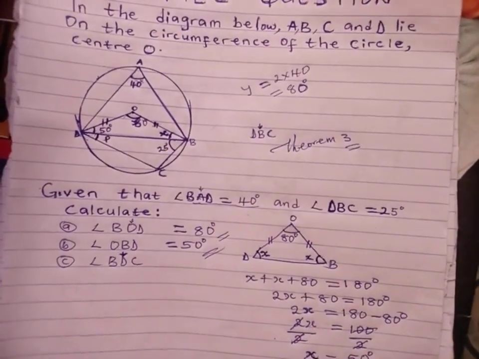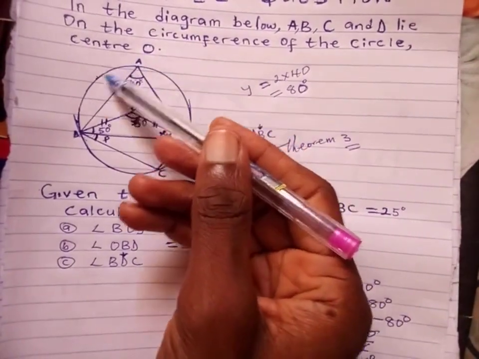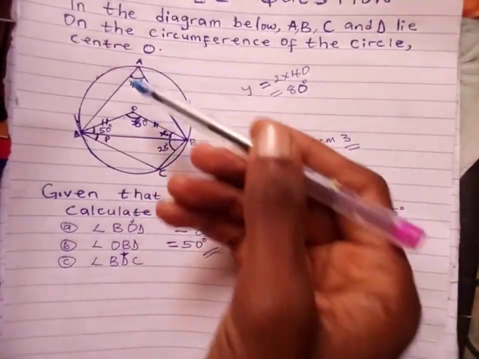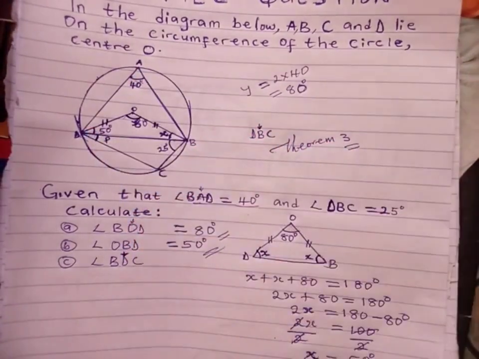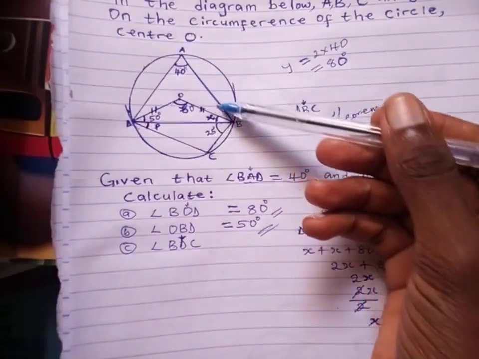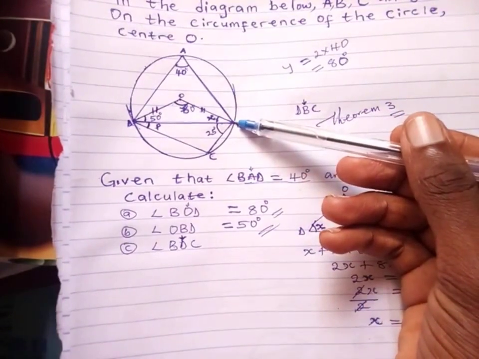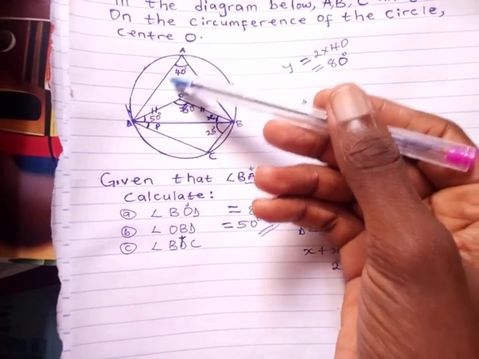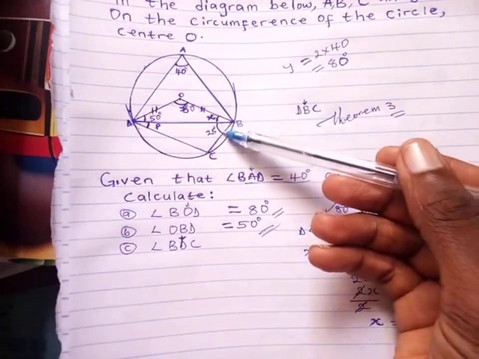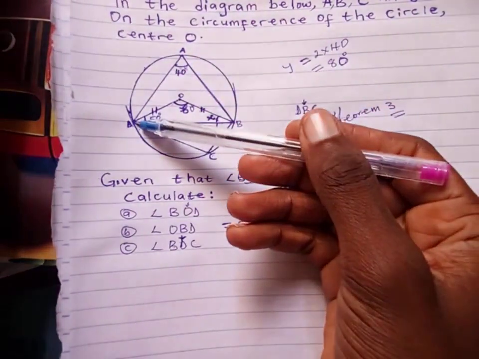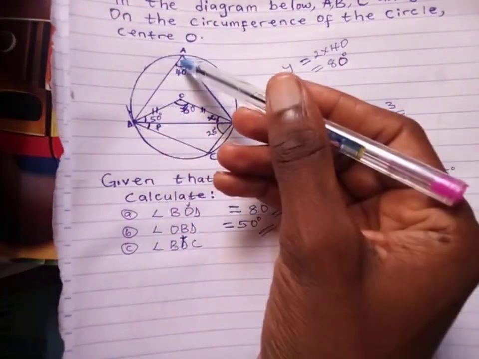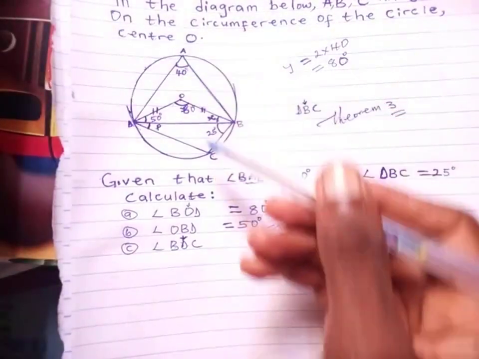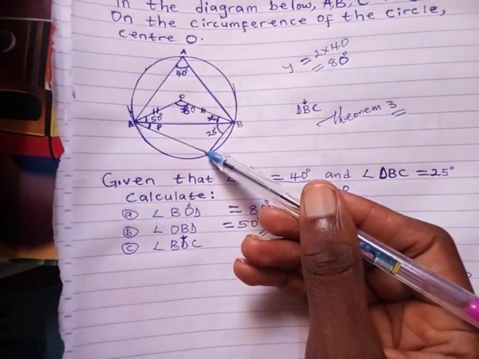And that theorem says that when you have a cyclic quadrilateral, look at this. There is a quadrilateral that is inscribed in this very circle. Quadrilateral, remember, is a four-sided plane shape. Now we have four sides: 1, 2, 3, 4. Now, that theorem says that the angle at this point and the angle at this point will be supplementary